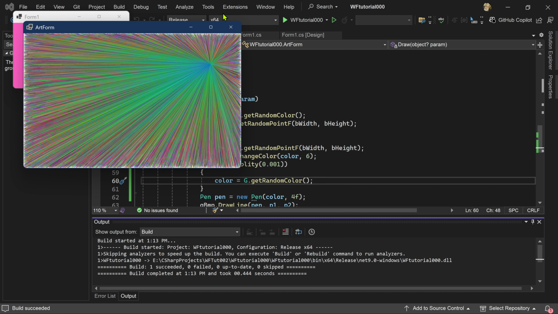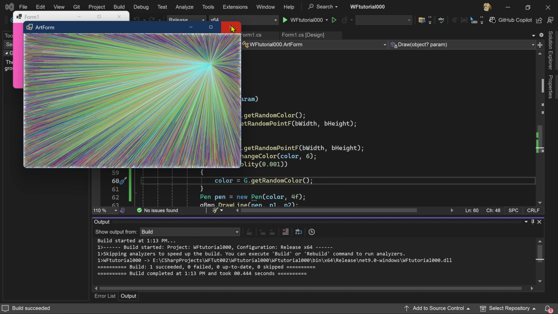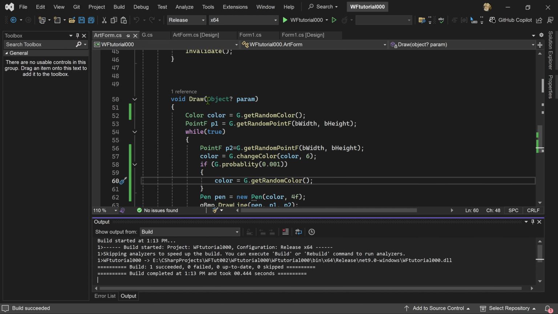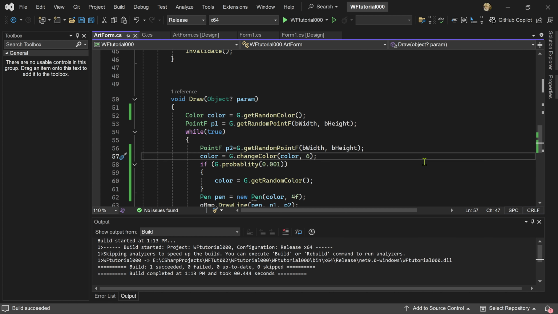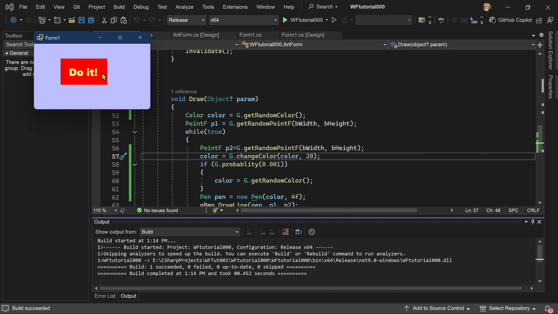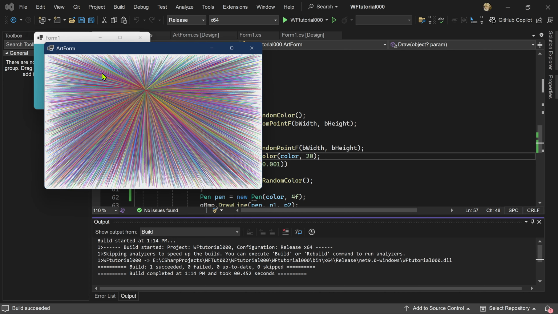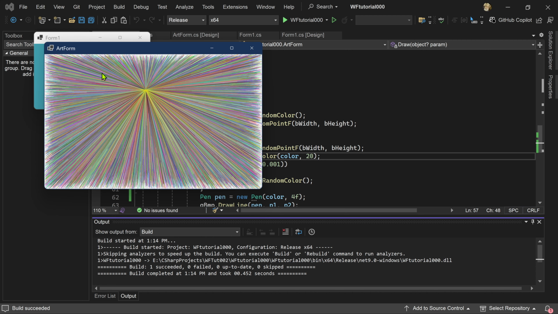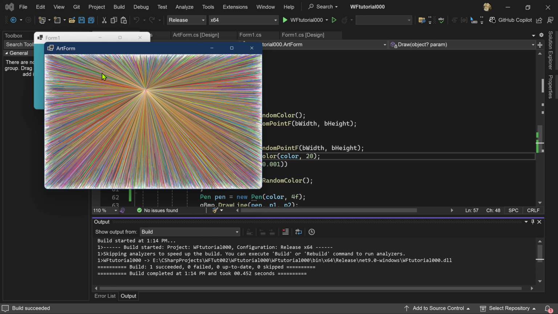We can play around with this. If we made this color change factor a little larger, say 20, then there's going to be more change between each line's color. I don't know if that's better or not. The colors are kind of related, but